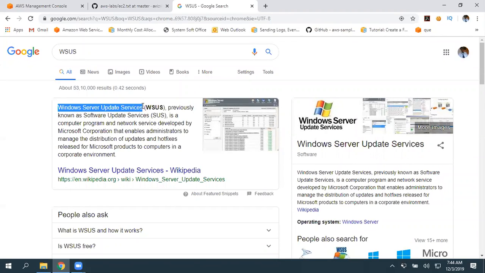Give an appropriate tag. For all Windows instances, specifically mention a tag. OS is the name and the value is Windows. For all Linux, OS is the name and the value is Linux. Maintain this, so in future, if you want to update all your Windows machines, then you can filter that. Based on service also, we can do this. When you select that particular option, it will automatically show that, and it will ease our task.